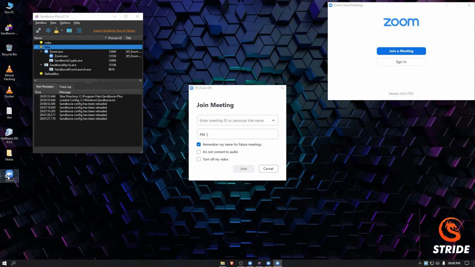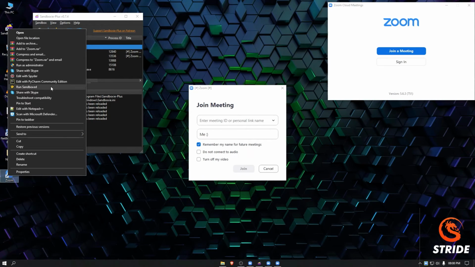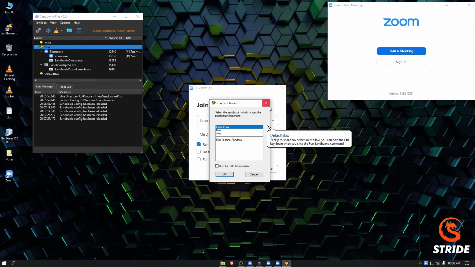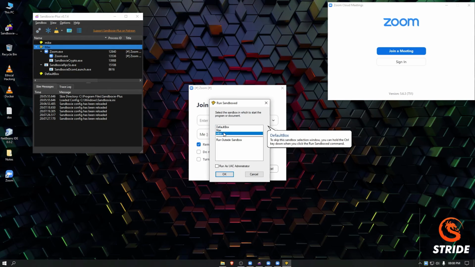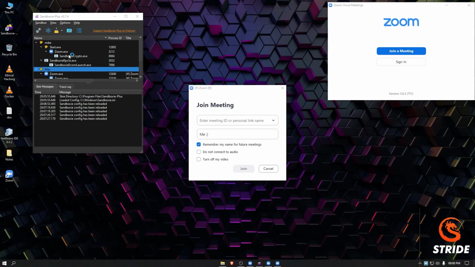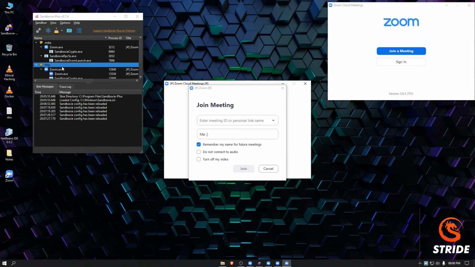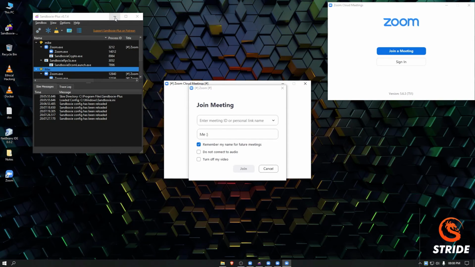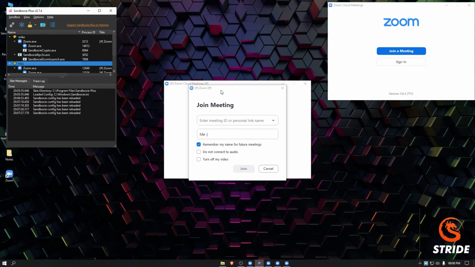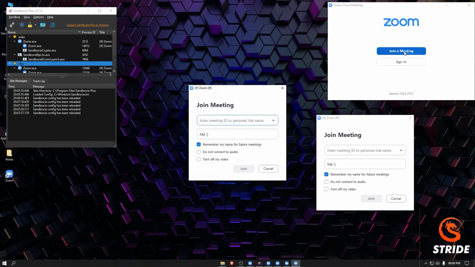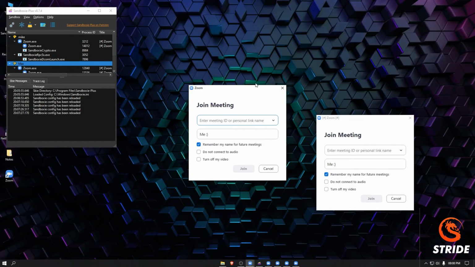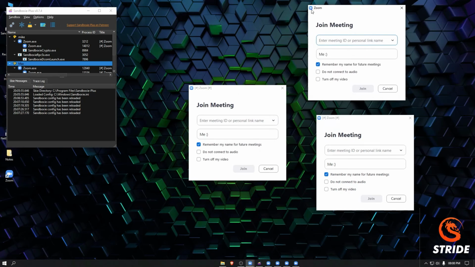Let me create another Zoom client called Max. In the control box you can see Mic and Max are running these Zoom clients, which are virtualized Zoom clients, and you can see we have multiple dialog boxes.